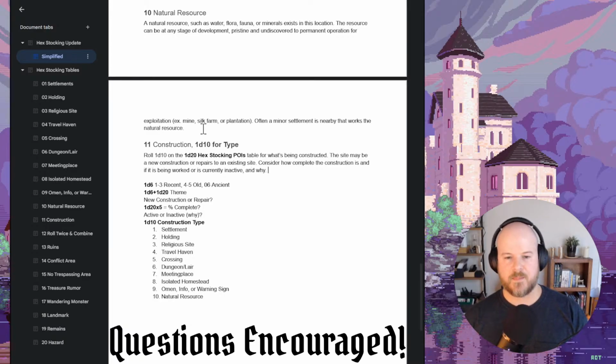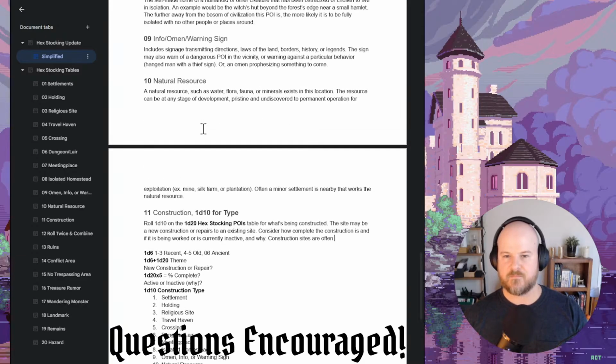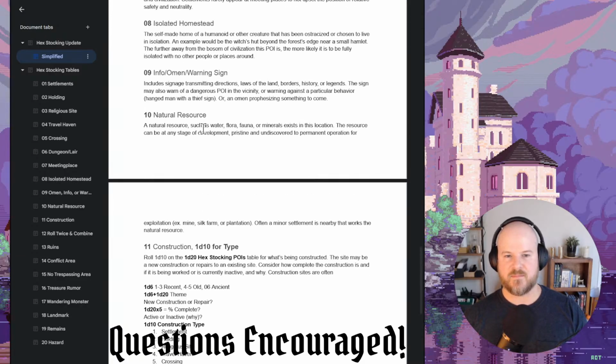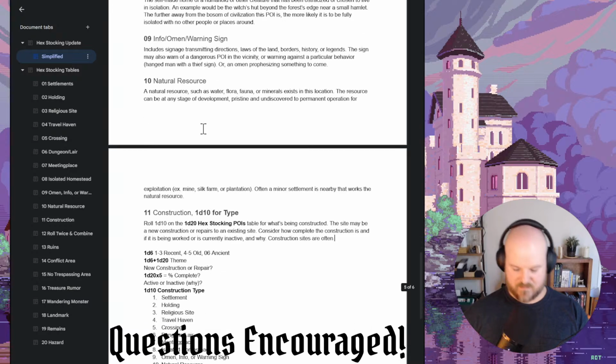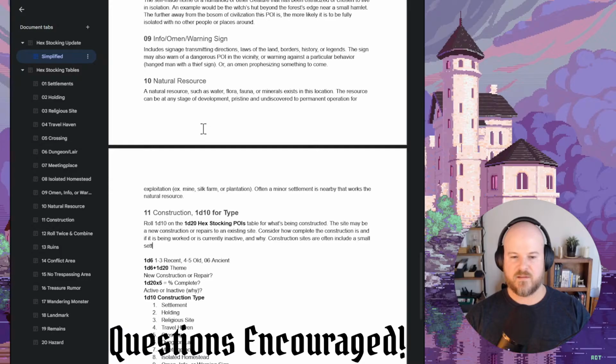Why? Construction sites are often, how do we word it? Include a small settlement where workers are